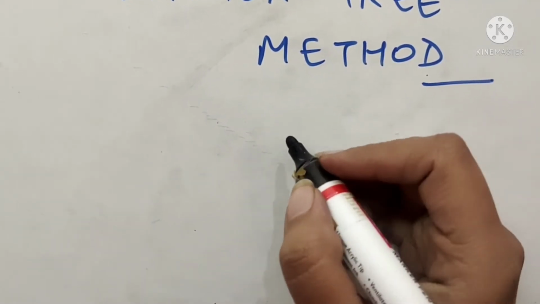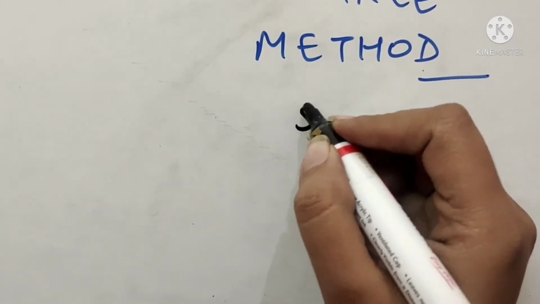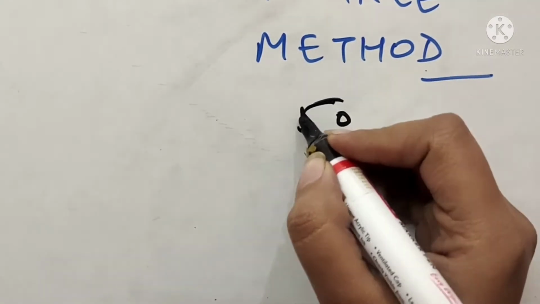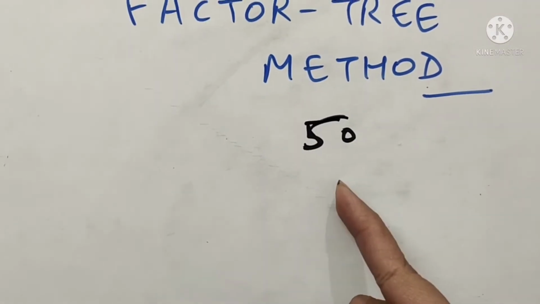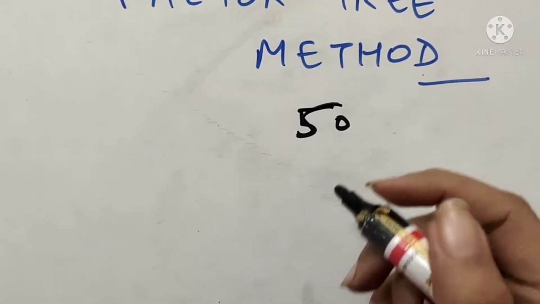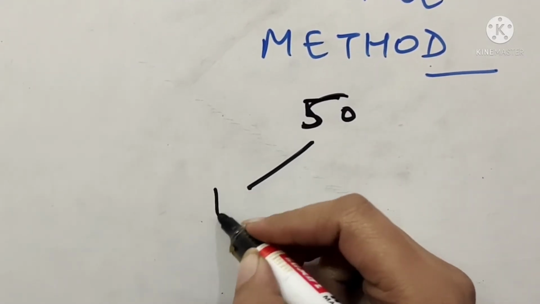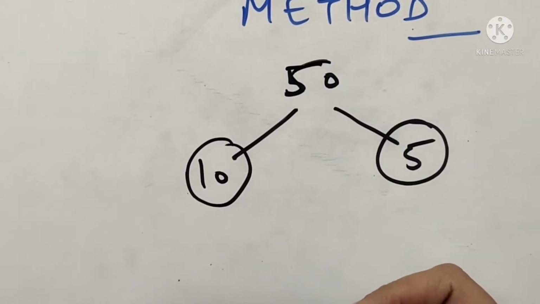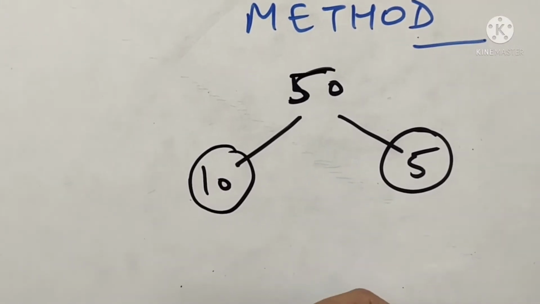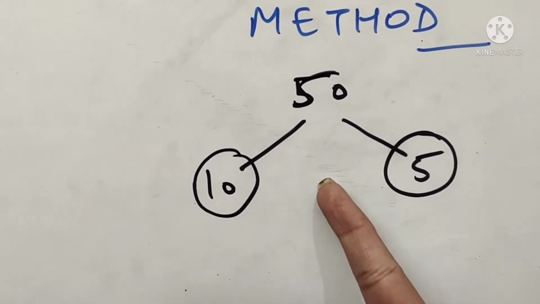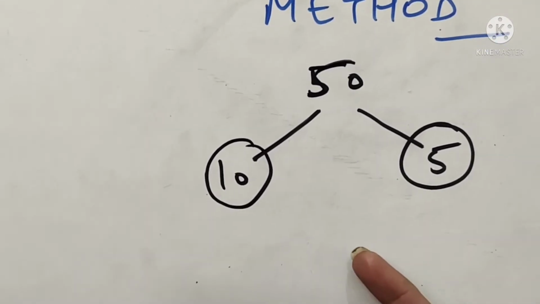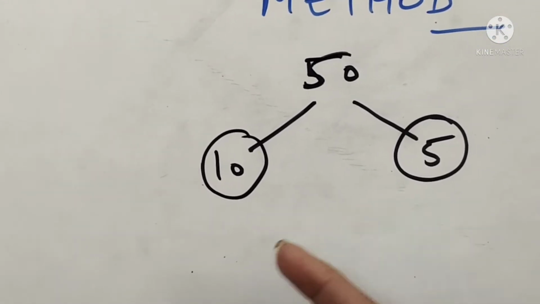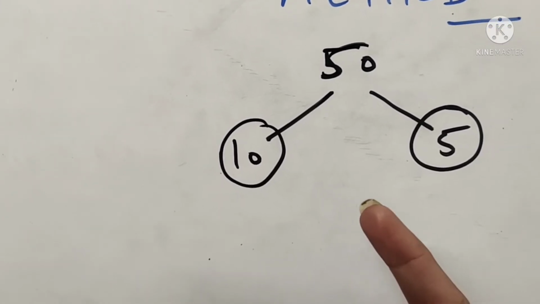Suppose let me take the first example as 50. Now if your teacher asks you to find all the factors of 50, what will you do? Can you write it in the form 10 into 5? Yes, we can write it easily. You can write it in the form of 25 into 2 also. You can write it in the form of 5 into 10 also. It will be the same thing, so you can separate it in any way.